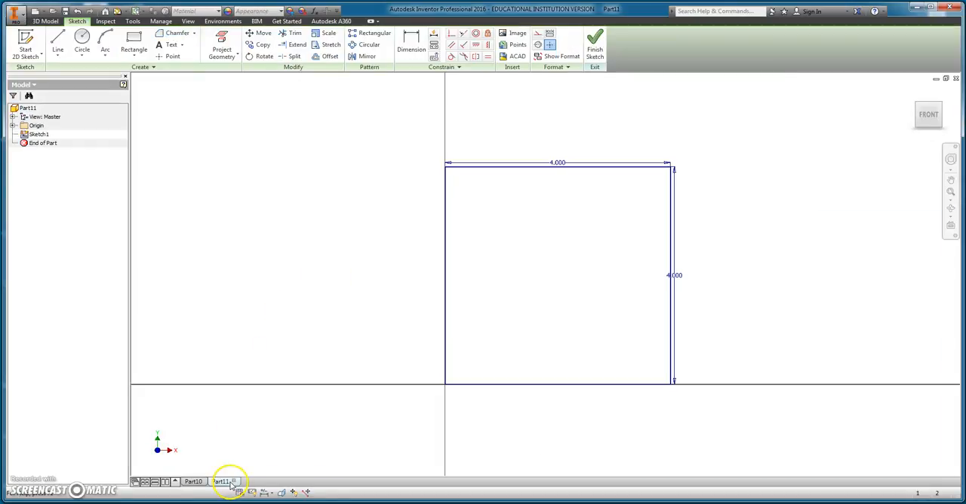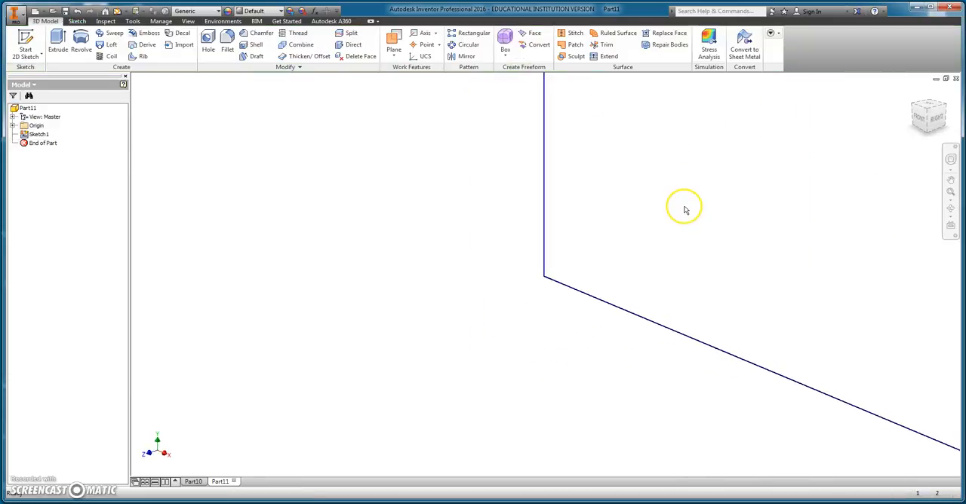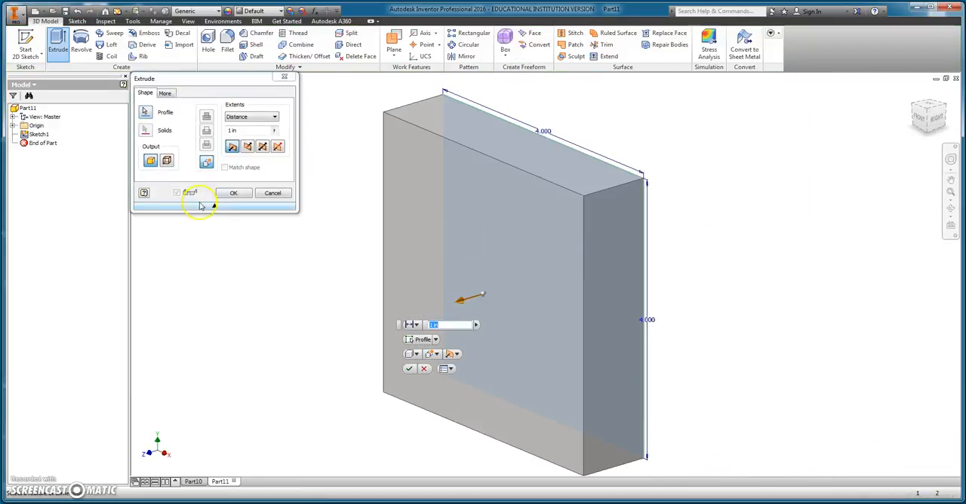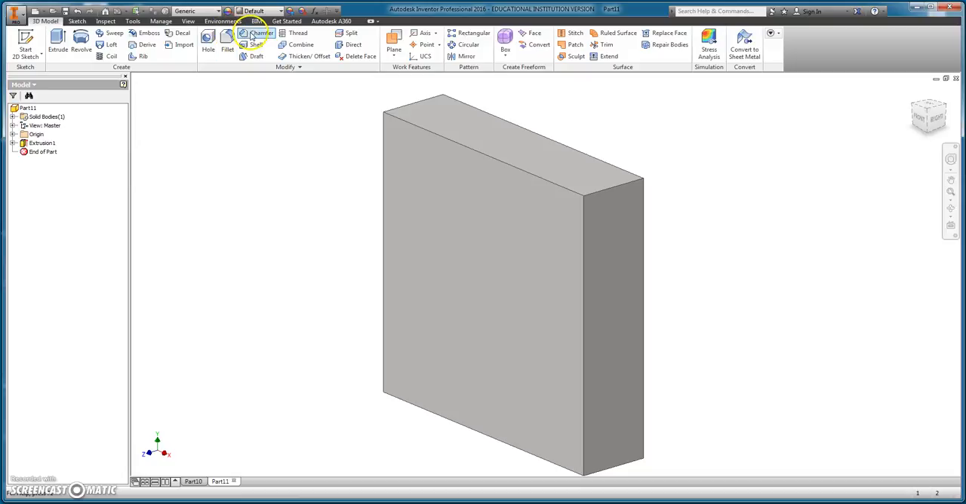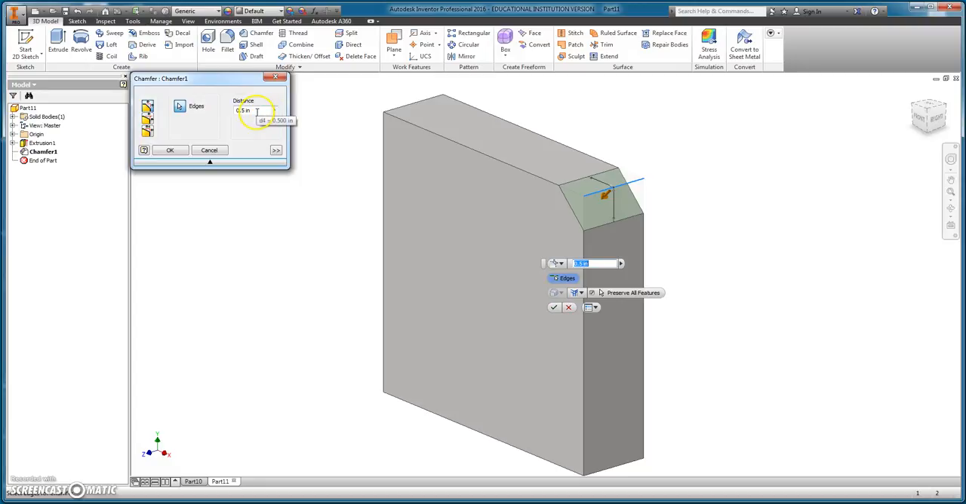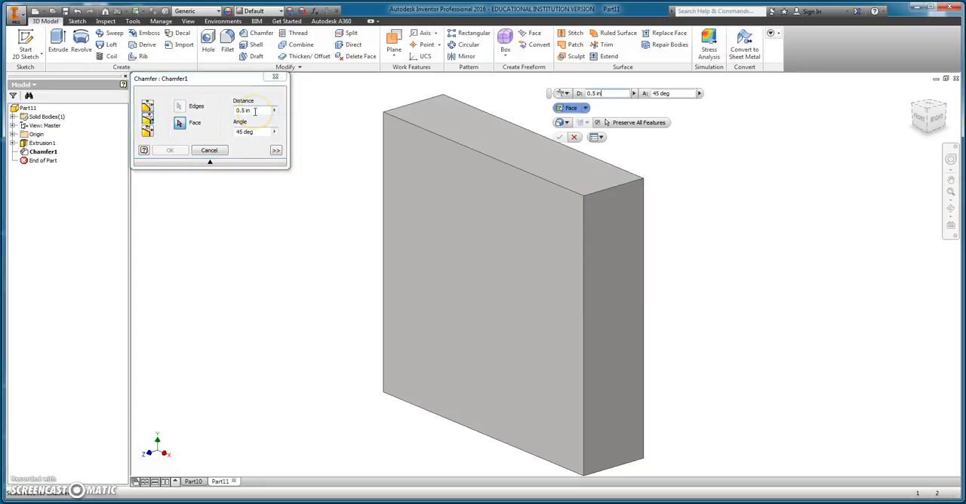Or what I can do is just draw the rectangle as far as my sketch goes, extrude it, and then use the chamfer command in my 3D modeling ribbon as opposed to in the sketch. The reason for that is, let's say that I found out later that this chamfer is wrong. Now I can just double click on my browser and come in here and make the correction that I need